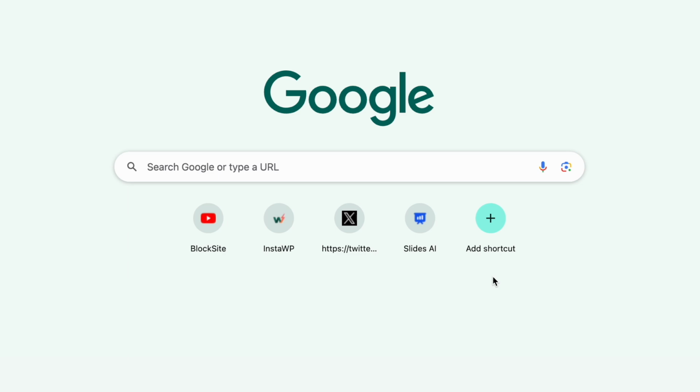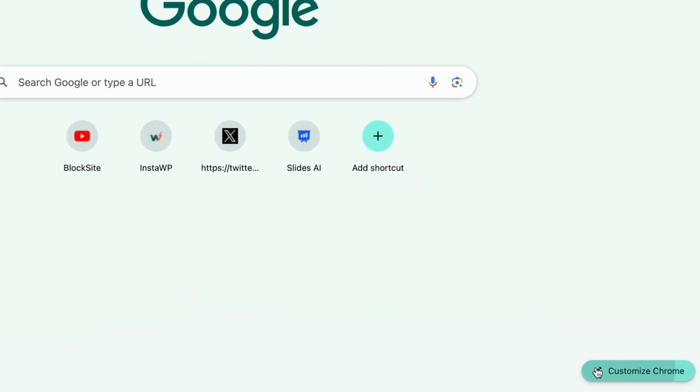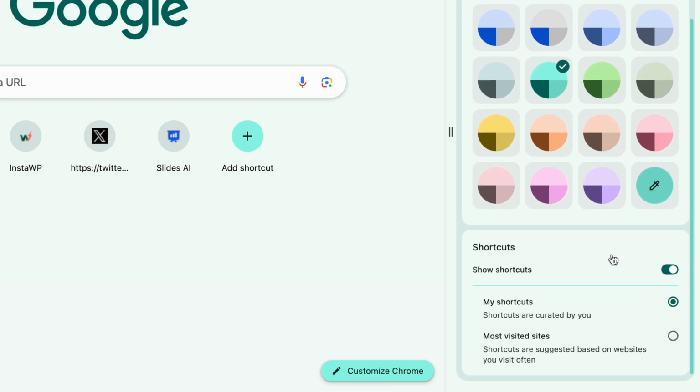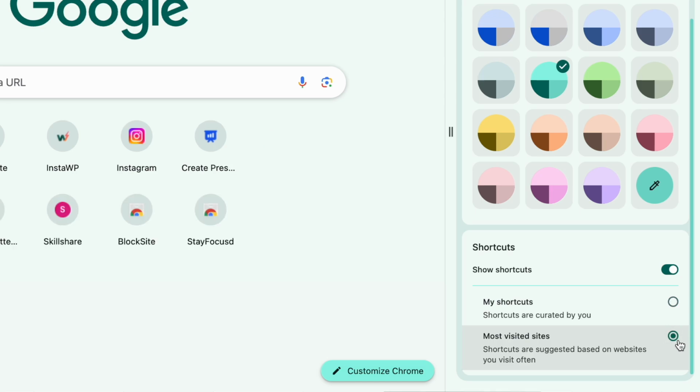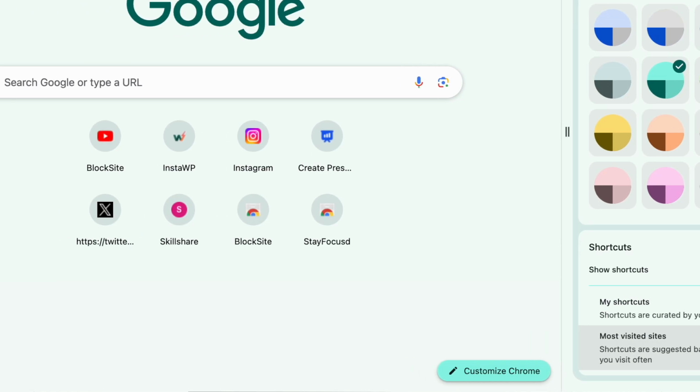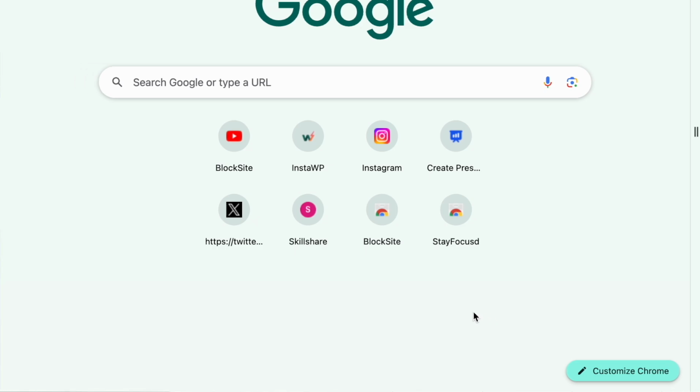Google Chrome can also generate shortcuts automatically for the websites you visit often. To enable it, click Customize Chrome, scroll down, and here you can disable shortcuts and you can choose whether you want to manually add shortcuts or you want Chrome to do the work. So as soon as I choose this option, you can see Google Chrome has added new shortcuts based on websites